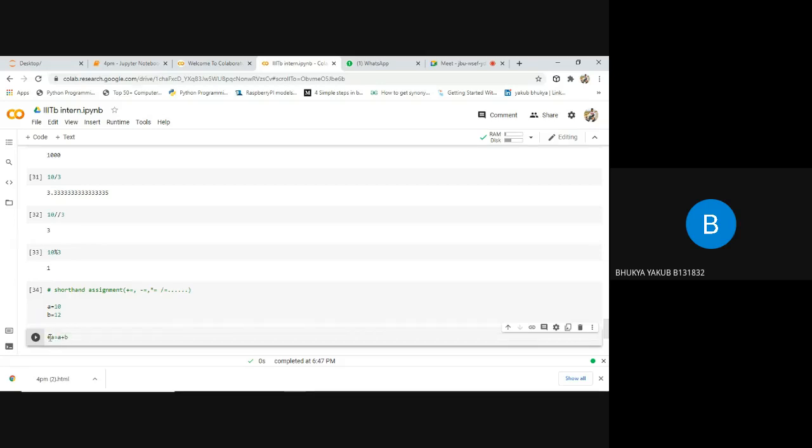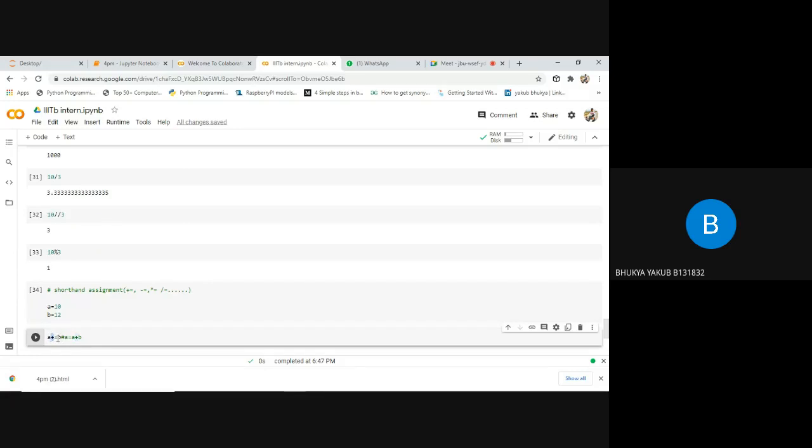To avoid that, simply we can write like this: A plus equals to B. It means we are performing addition between both the variables, and after performing addition, we are storing the result in the left side variable. Whatever symbol you specify here, that is the operation we are performing between both the variables.